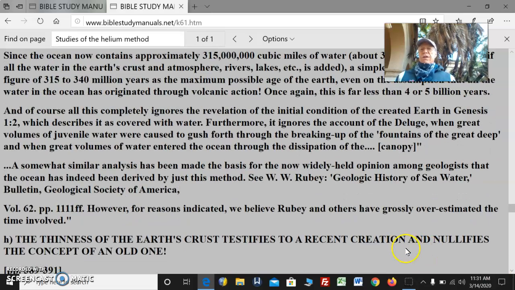And of course, all of this completely ignores the revelation of the initial condition of the created Earth in Genesis 1:2, which described it as covered with water. Furthermore, it ignores the account of the deluge when great volumes of juvenile water were caused to